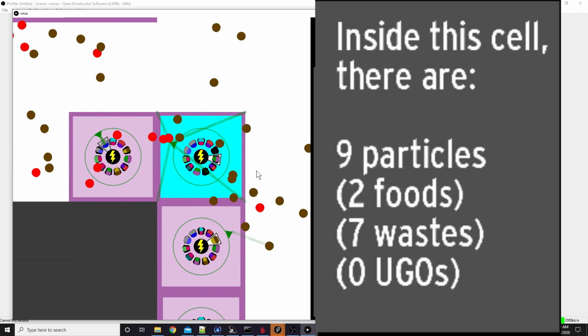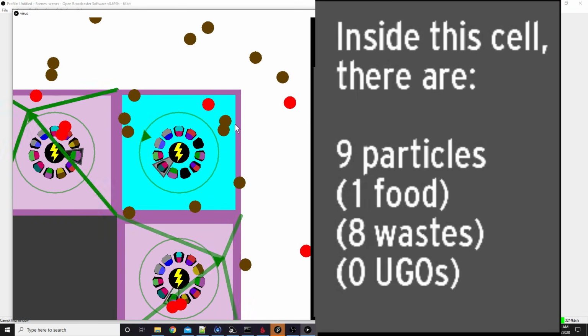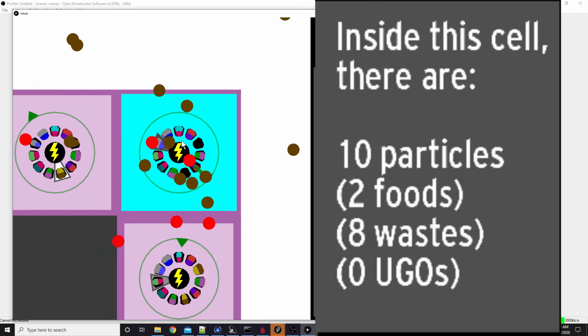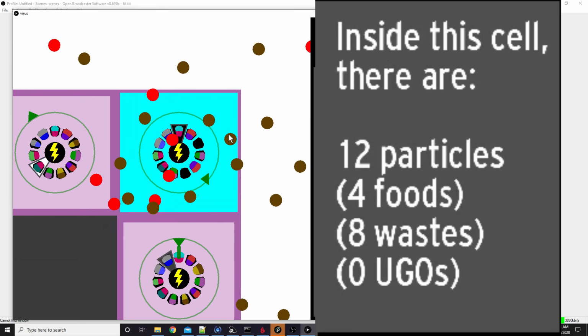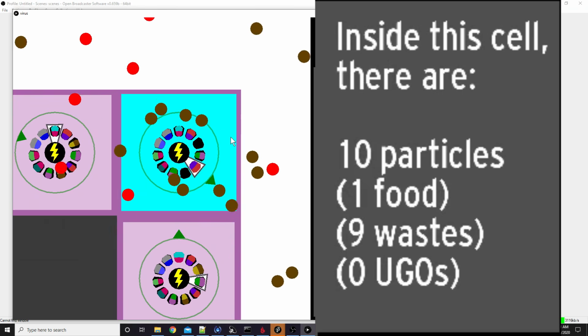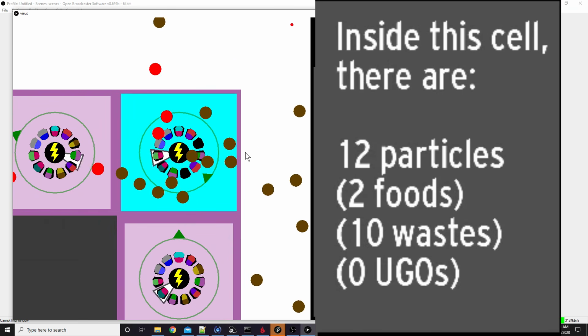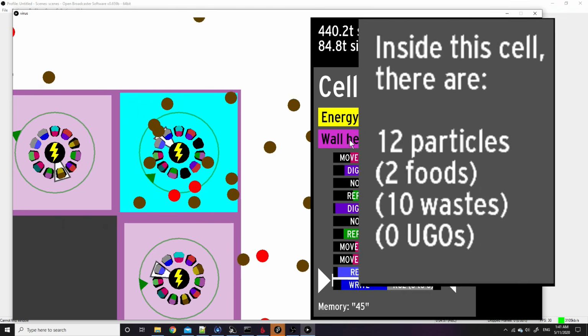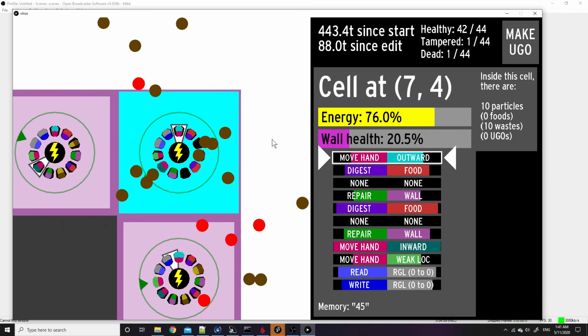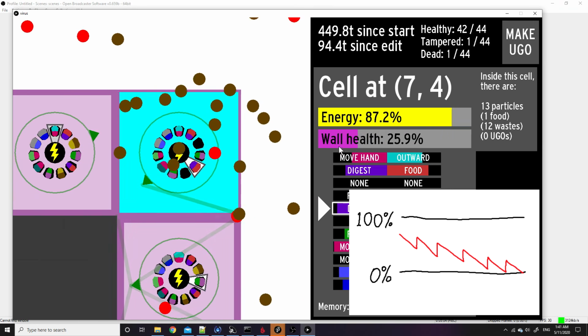And the problem with that is that the more waste particles there are inside of you, the more collisions those particles will have on the wall, but the cell can only repair its wall so quickly. It's like a constant rate. So eventually the bouncing rate of this accumulating waste will overwhelm the cell's ability to repair the wall, and the health will just continually go down. Well, it forms more of a sawtooth pattern, but when it hits 0, which it didn't quite there, the cell's